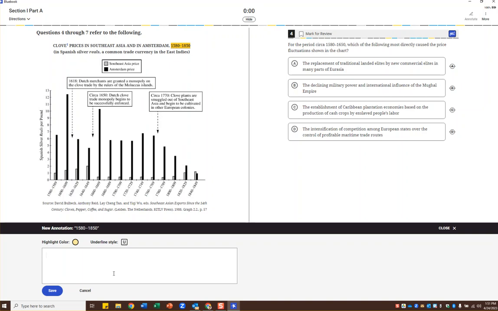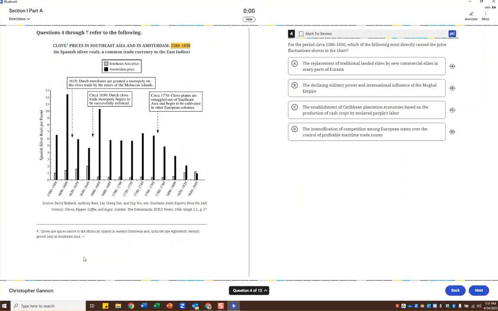We're dealing with Southeast Asia, so I already know that this is unit 4, maritime empires. Again, my brain is starting to make these connections to topics that I know about. I'm going to save that annotation. It pops up and tells me what my annotation here is. Southeast Asia, I'm going to make a note here